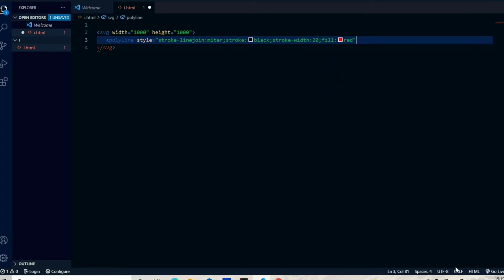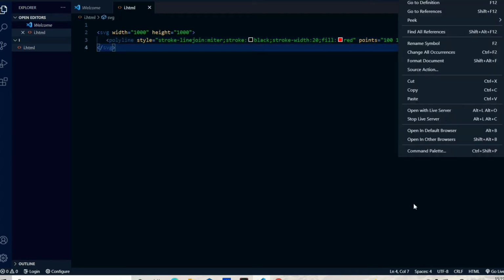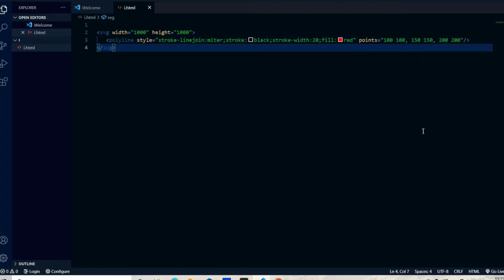After I complete the style, next I use the points. Points must be 100, 100, then 150, 150, and 200, 200. Just complete it, save it, and open it in a default browser.